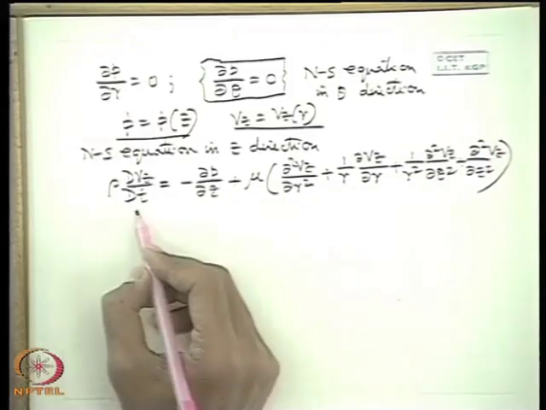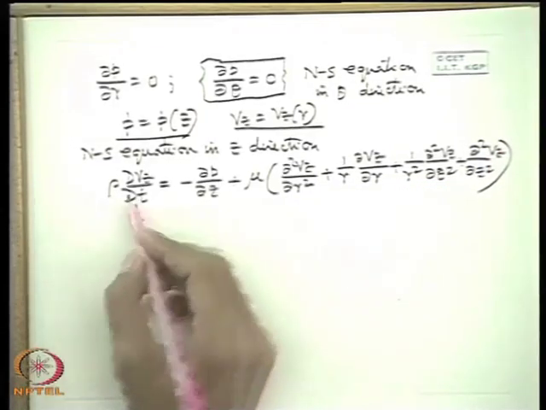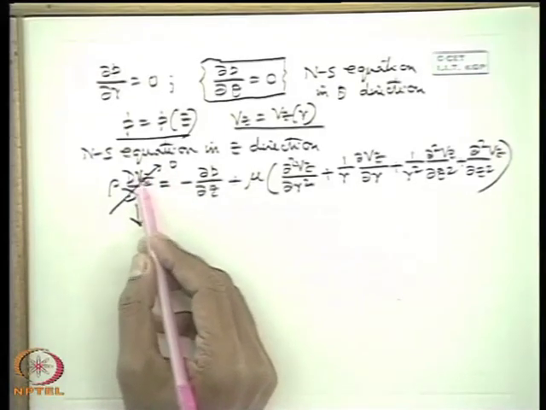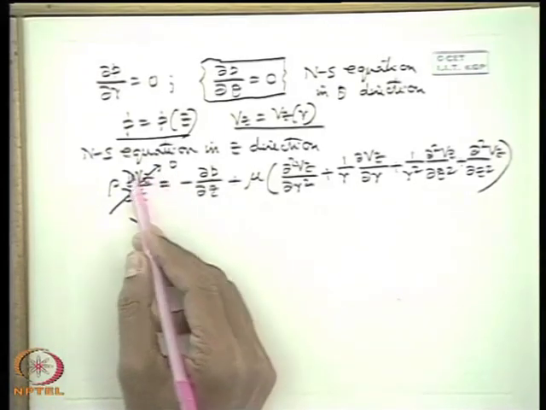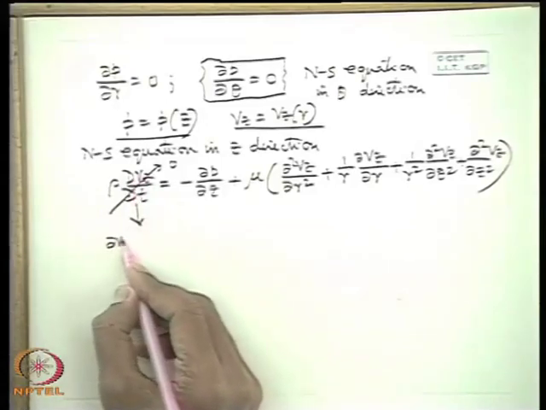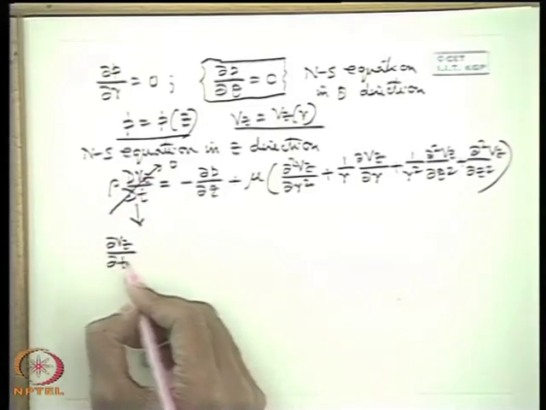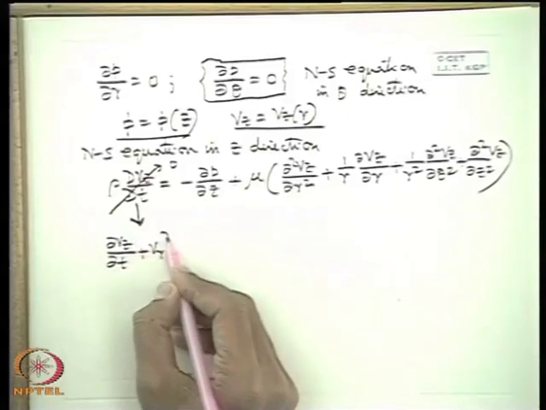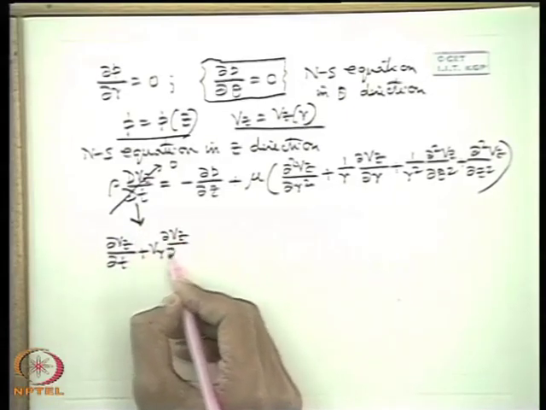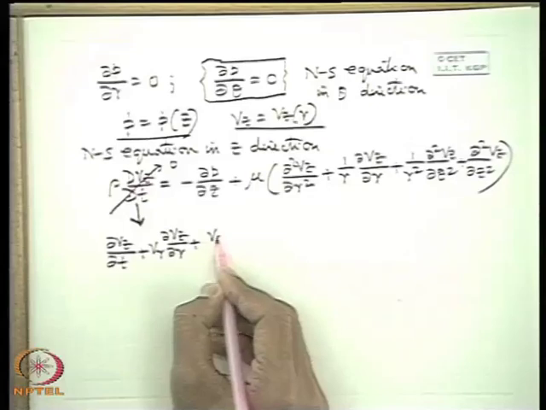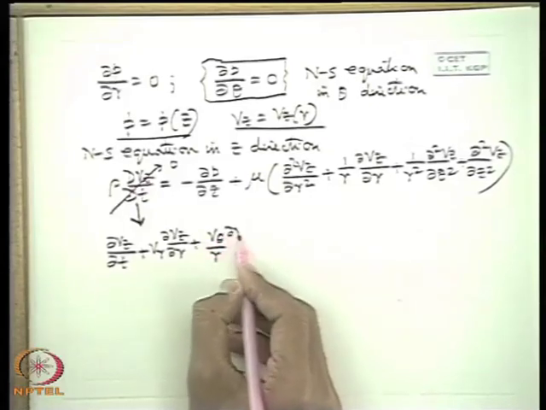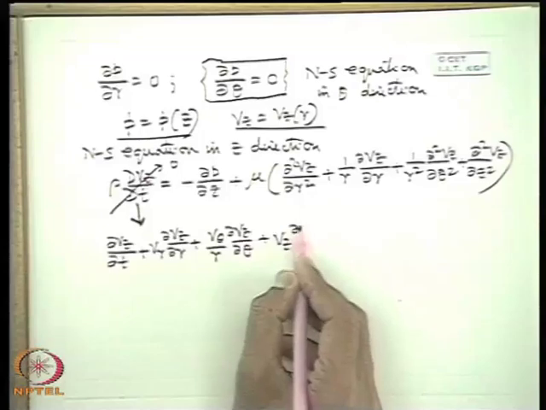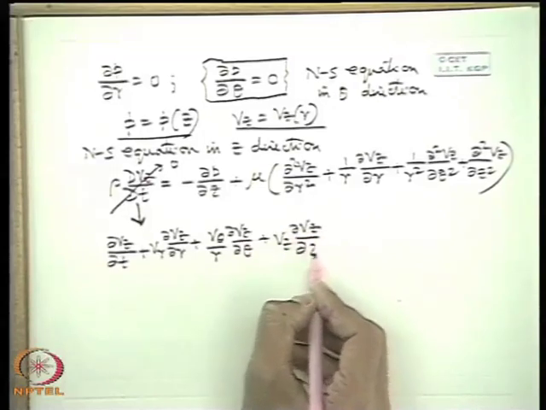Now let us see, this is 0. Why? It will be difficult to accept this is 0, because Vz is not 0. Why is dVz dt 0? Let us split it, then only you will accept. It becomes del Vz del t plus Vr del Vz del r, the convective part, plus V theta by r del Vz del theta, plus Vz del Vz del z. Now it is clear that each and every term is 0.